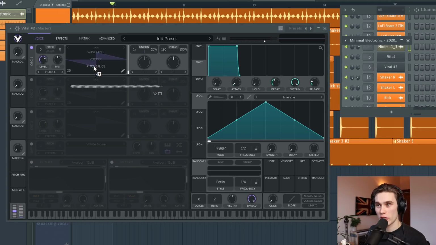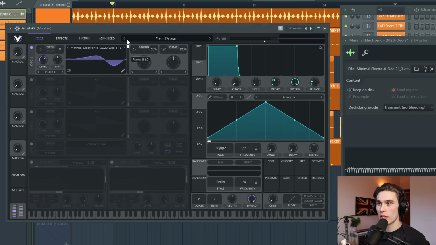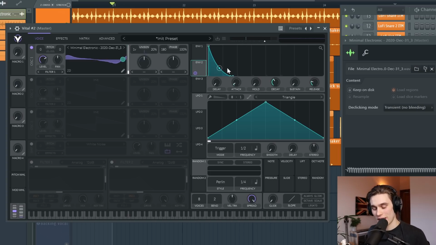I'm going to go pitch splice, and I'm going to put the wavetable position all the way at the bottom. Then I'm going to use another envelope to control the wavetable position, and you'll hear what this sounds like in just a moment. So now we're getting that same sort of pluck on the guitar. But if you change it just a little bit, so pull the sustain up,